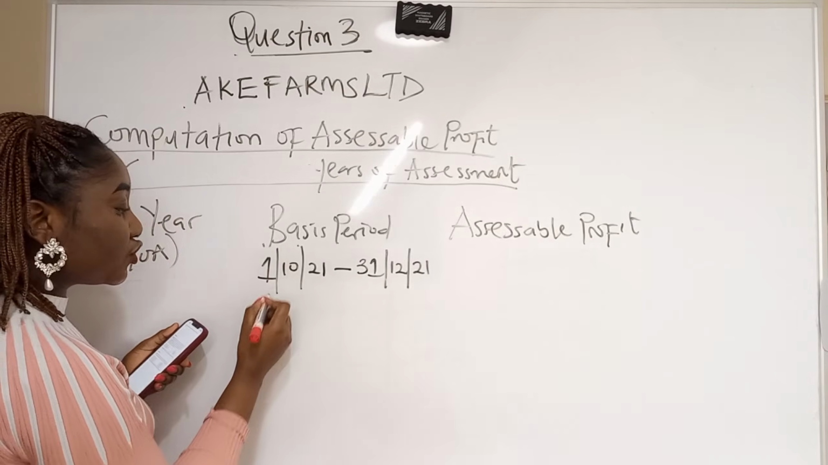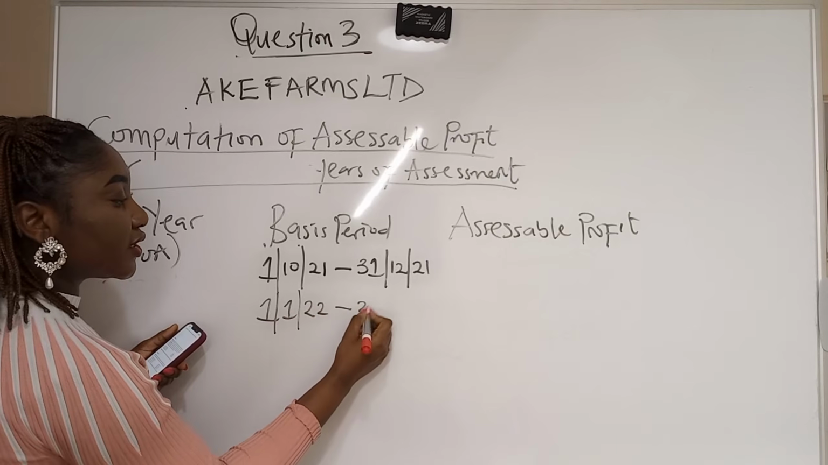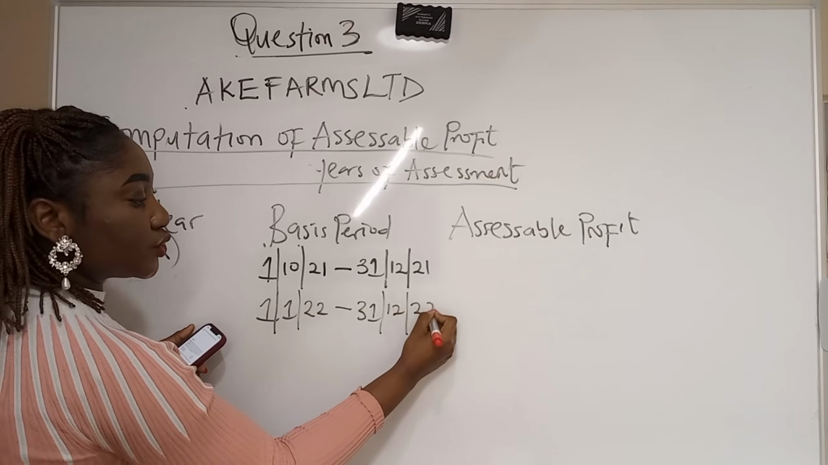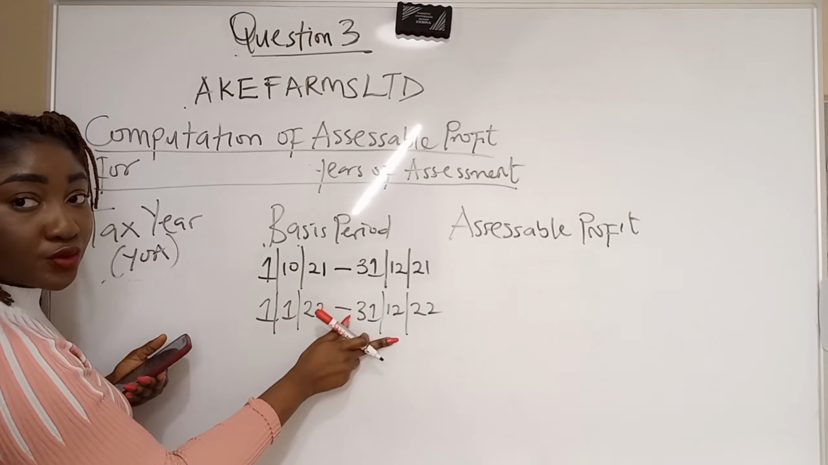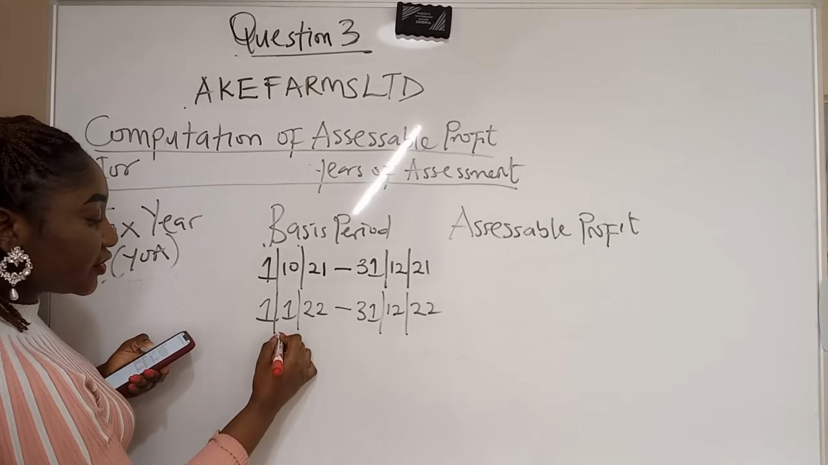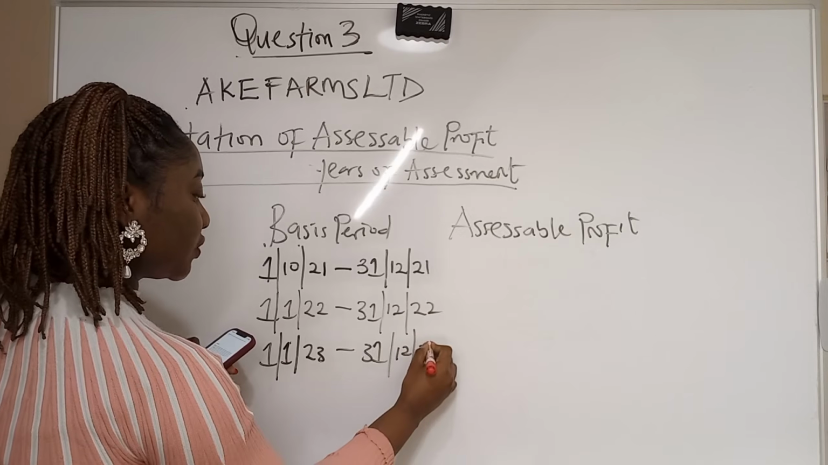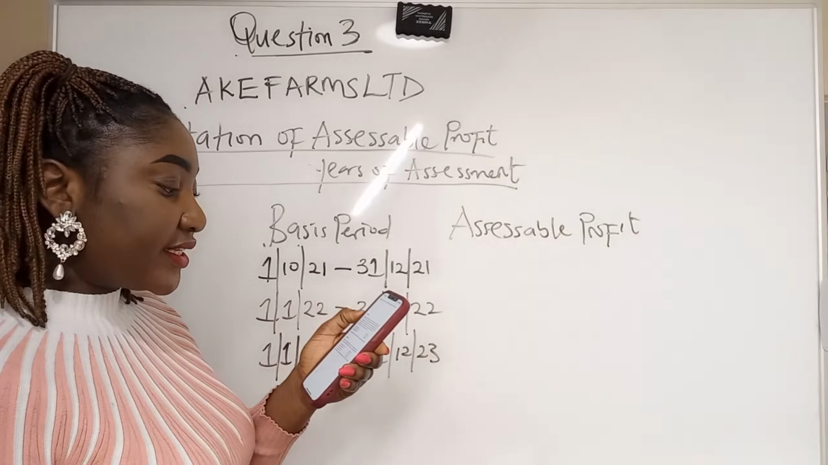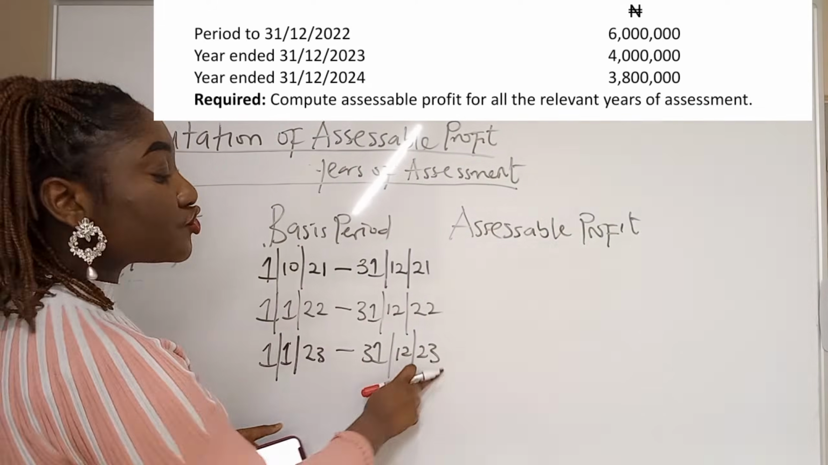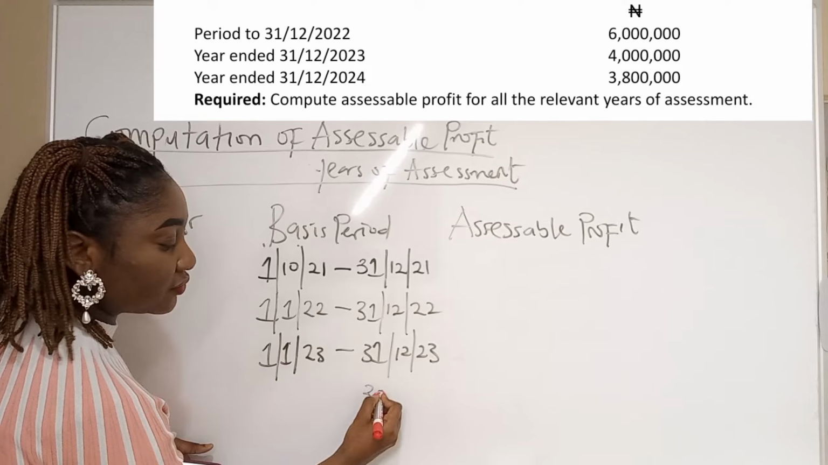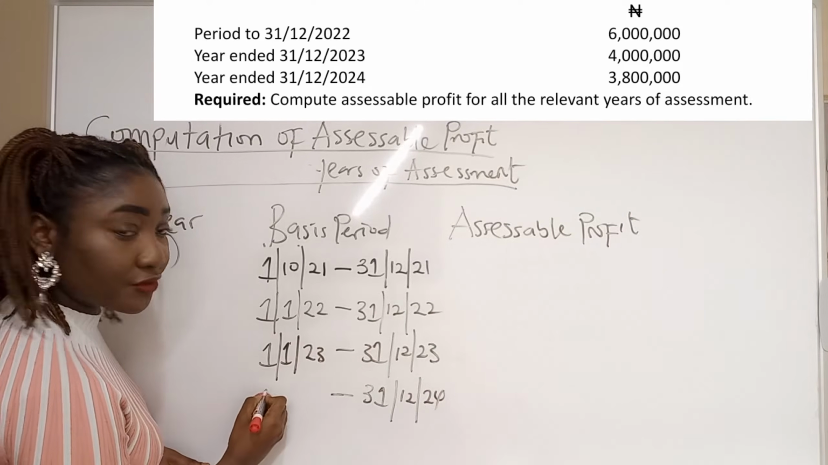Now the next basis period will be 1st of January 2022 to 31st December 2022. That is the next accounting year end. It's 12 months in between. Then the next one will be 1st of January 2023 to 31st December 2023. The question is ending on year end 31st December 2024, so you stretch it to 31st December 2024. Meaning it started on what? 1st of January